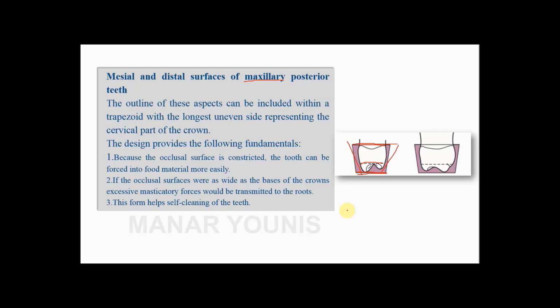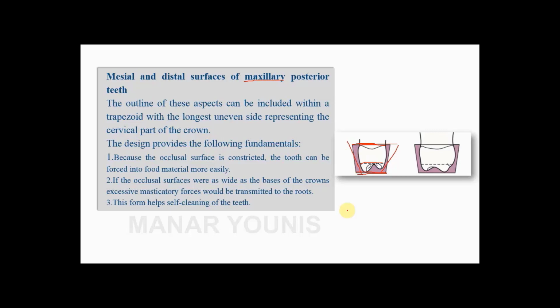So what are the advantages brought by this configuration? First, the occlusal surface is constricted. As you could notice, the occlusal surface is narrower than the cervical portion or the root. This will enable the tooth to function properly, and the tooth can be forced into food material more easily. So this will provide better strength and support for the tooth to perform its function of mastication and chewing of